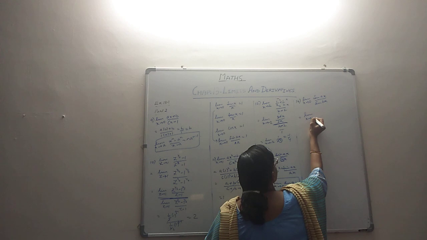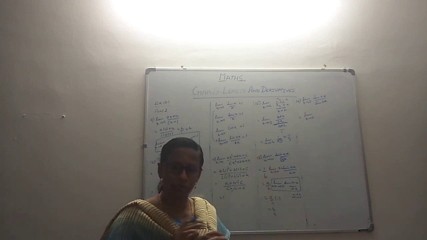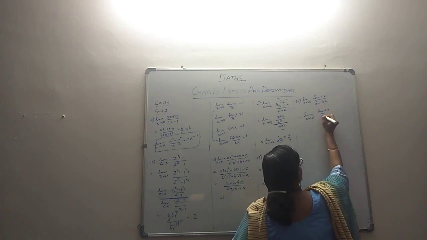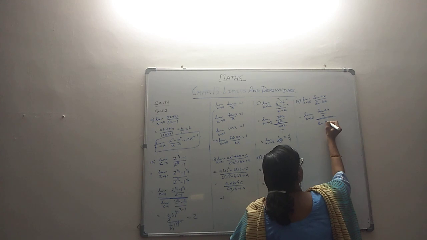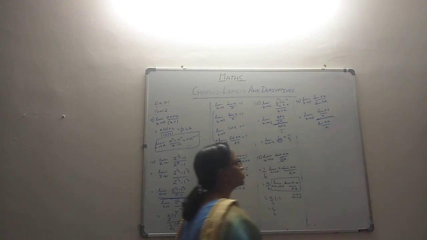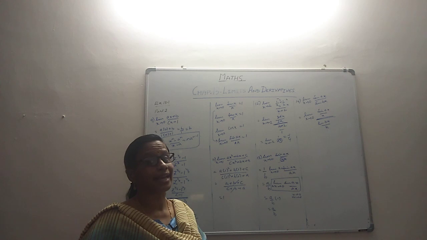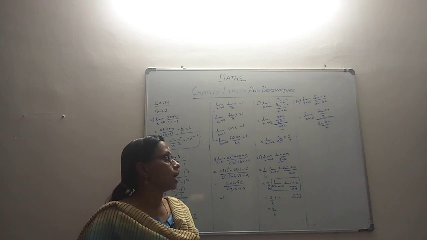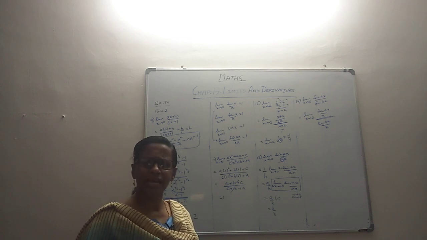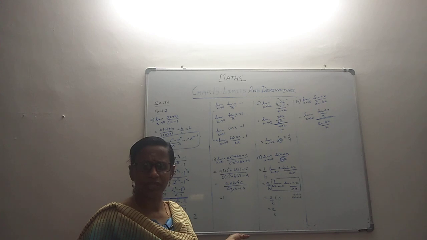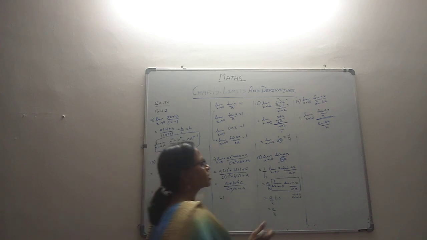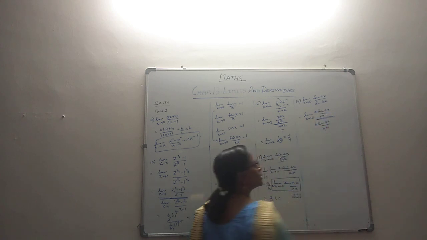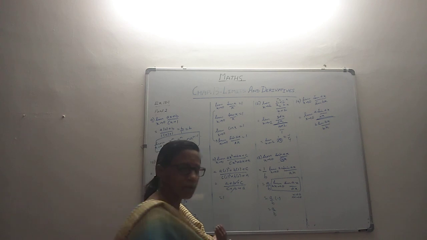See, as I said, in a fraction, if you do something to the numerator, you do it to the denominator, it's perfectly justified. So we are going to do that. Both the numerator and denominator, we are dividing by x. Right? Okay. But though we have done this, we are not so happy. Why? Because we should get ax in the numerator, we should get bx in the denominator. Then only we will be happy because we are able to apply the result. But bringing ax is not at all a problem. We have learned just in the previous question, it's just multiply and divide, you get ax. So here I want ax, so I multiply and divide. Here I want bx, so I multiply and divide. And these are constants which come out.